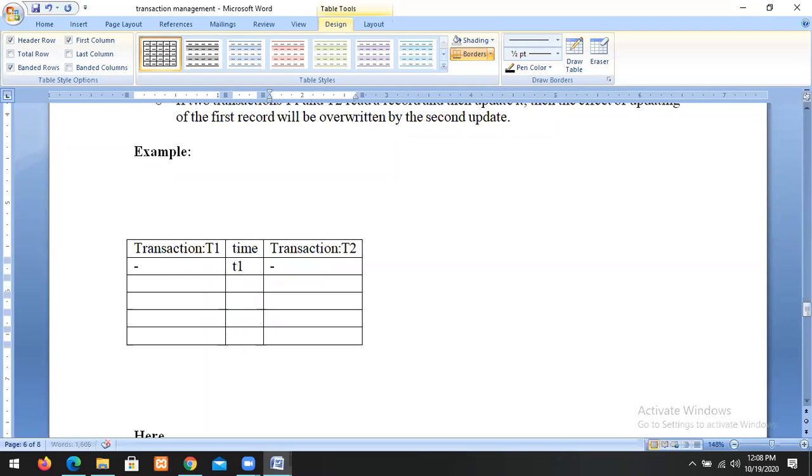At time T2, read A. At time T3, read A, and update A equal to A plus 50.